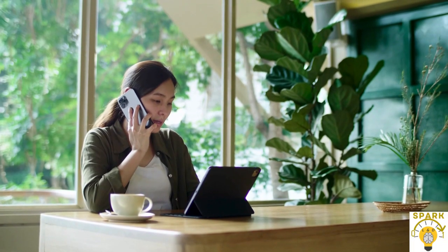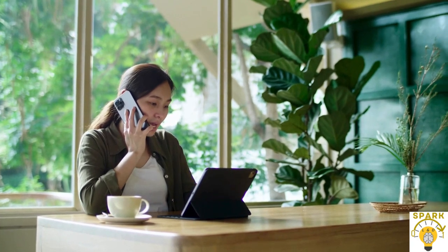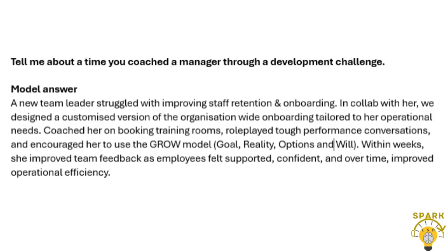Could you please tell me about a time you coached a manager through a development challenge? A new team leader struggled with improving staff retention and onboarding. In collaboration with her, we designed a customized version of the organization-wide onboarding tailored to her operational needs. Coached her on booking training rooms, role-played tough performance conversations, and encouraged her to use the GROW model, that is goal,